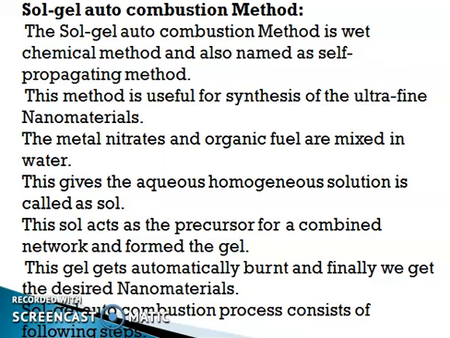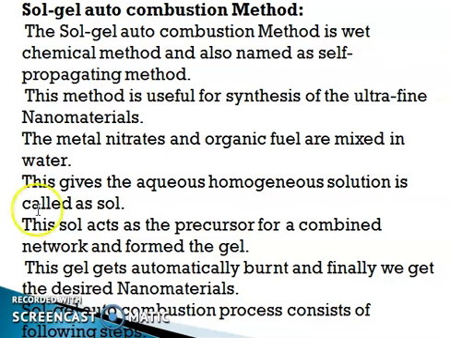Here, the Sol-Gel auto combustion method is nothing but a chemical wet process which is used to synthesize a fine nanomaterial. The metal nitrates or the elements are mixed in water and give rise to a homogeneous aqueous solution which is known as Sol-Gel.